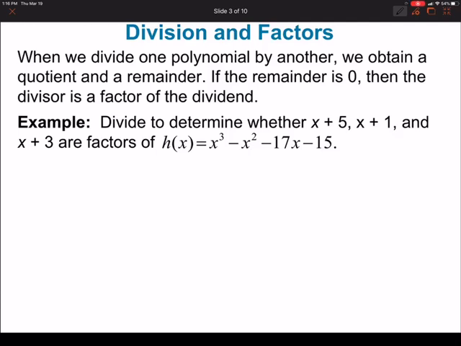Alright, we'll take a look at this cubic degree 3 polynomial function h of x. You see your leading term here of x cubed. You've got your x squared term, your x term, and your constant term written in standard form. Alright, what we're asked to do is determine whether x plus 5, x plus 1, x plus 3 are factors of